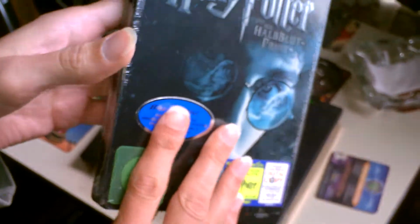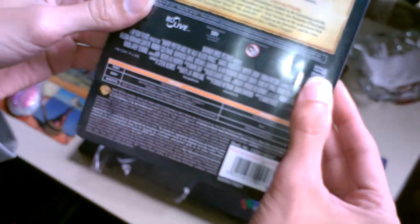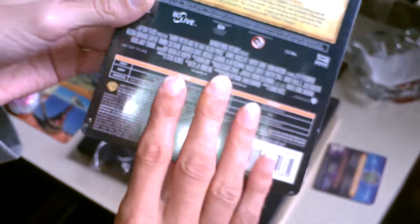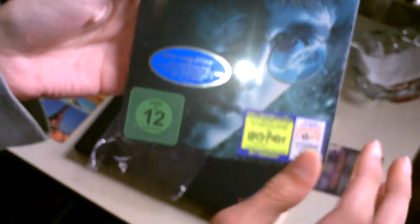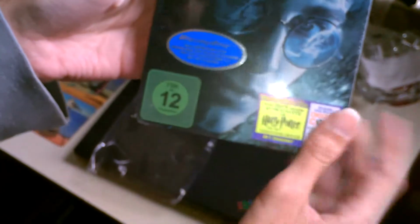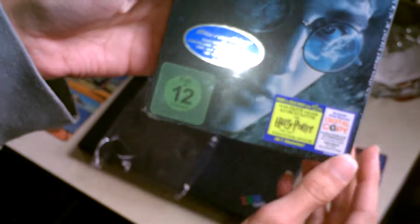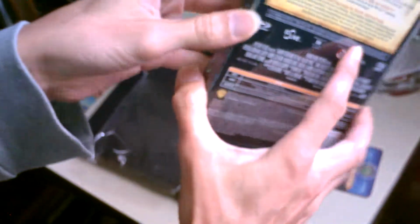I haven't got any Harry Potter steelbooks, and as this is the only one which has true high def out of all of the early ones, and because it had an exclusive picture of Harry on the front, and because it was cheap as chips, I got it in the auction for nothing. I'm not that pissed off. Alright, so I went for it because I didn't have any Harry Potter steelbooks, but I've just